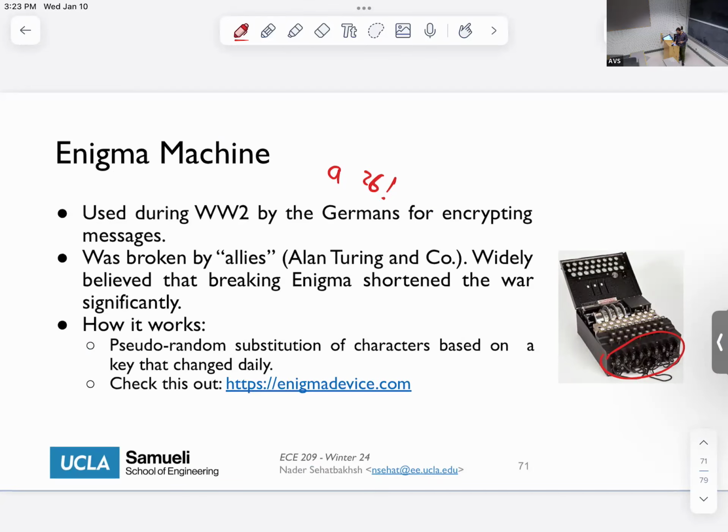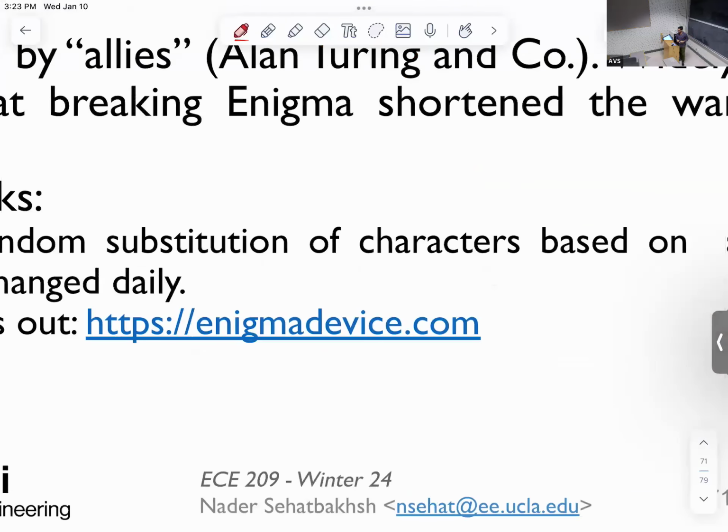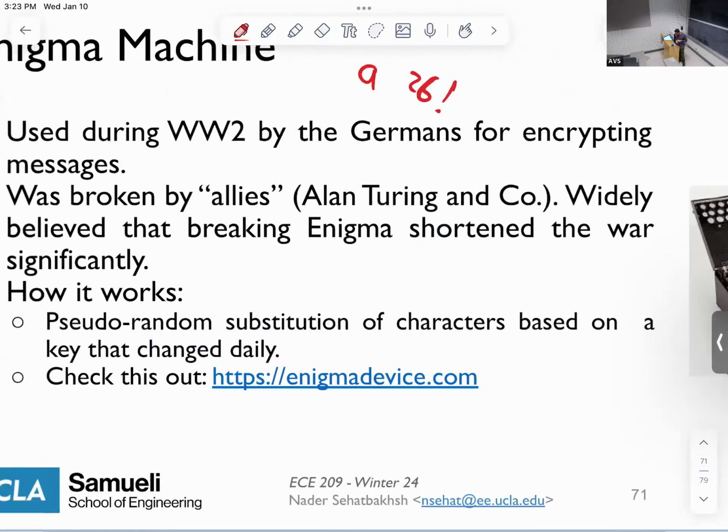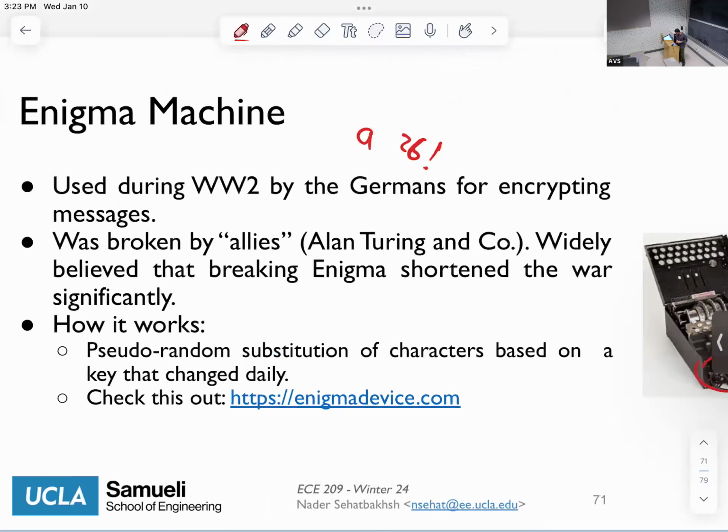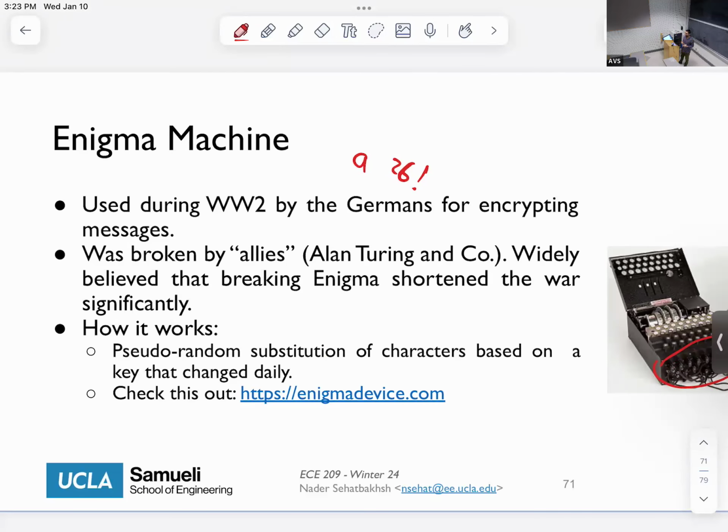There's actually a nice website called enigmadevice.com that is like a puzzle. Every day they have a mapping that you have to figure out. I don't know, have you guys seen Wordle? This puzzle game is pretty similar to that one. So you can actually guess the words. It's usually a nice sentence or statement. So I definitely recommend playing with it a little bit. But yeah, this is one of the early examples